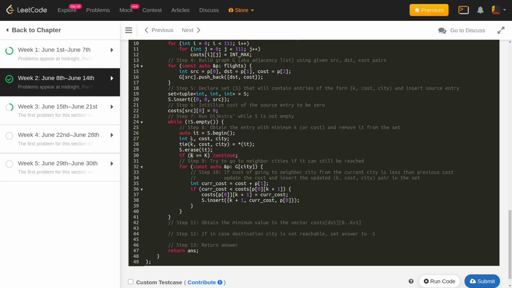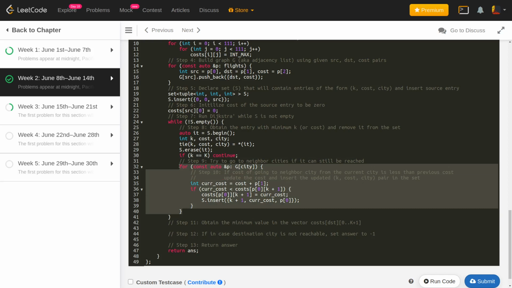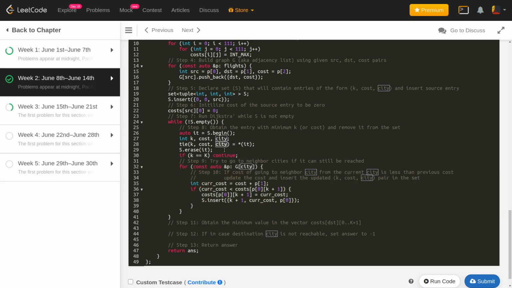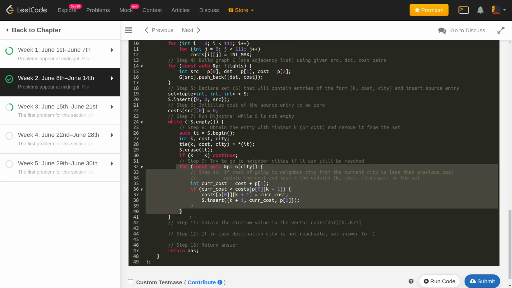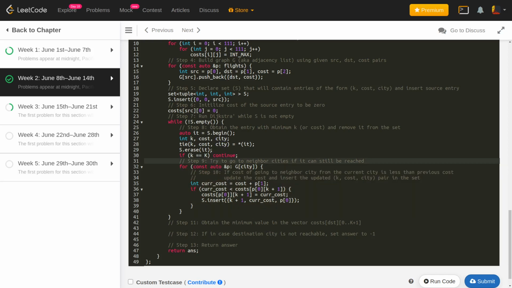If the entry that we have right now is the maximum value of k that is allowed, that means that we cannot execute the rest of the part, which is we cannot go to the neighboring cities of this particular city. Okay, so we'll just continue the loop and we'll not execute this part and we'll go to the next iteration. But if in case it's not, I'll be going to each of the neighbor cities of this particular city, which I can obtain from this adjacency list G, from G of city. Remember that each entry in this G is of the form destination comma cost. So P of 0 is going to give me the destination, and P of 1 is going to give me the cost. Okay, I see I missed a bracket here.